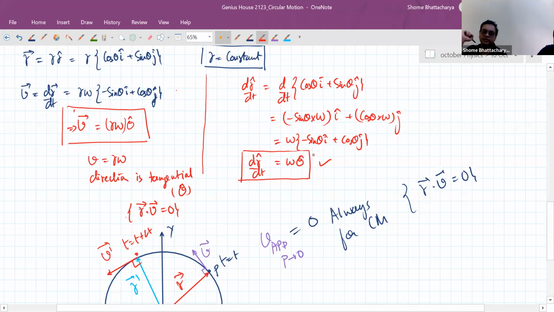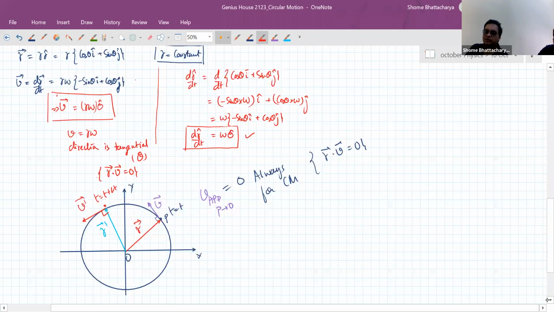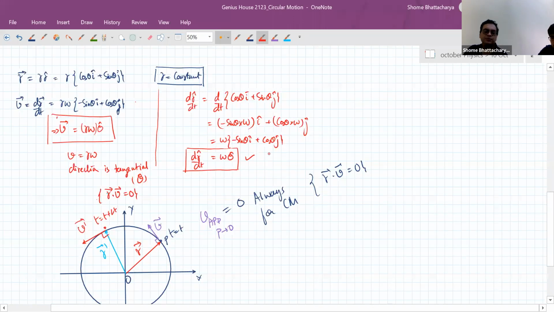So we can get that from a very interesting vector diagram also. If you look at some of the older Russian books in classical mechanics, their method of dealing with rate of change and kinematics is not the calculus approach that we're taking. Their method is the pure vector algebra approach, and there they showed this as a diagram in which the quantities are changing by limiting amounts. So instead of d by dt, they show in a diagram that it is moved by a very small amount ds, and they calculate that ds by dt as a vector quantity. That's also a very interesting approach, so we can see that next.